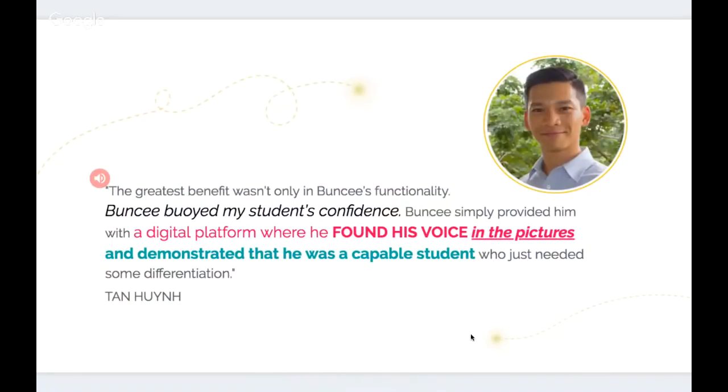So while knowing the student was comprehending the lesson was certainly a key benefit to this example of tech integration, as you can see in Tan's quote, what really was a special benefit was the boost in the student's confidence. Through the visuals he created on Buncee, the student now also felt capable to communicate and participate in the classroom